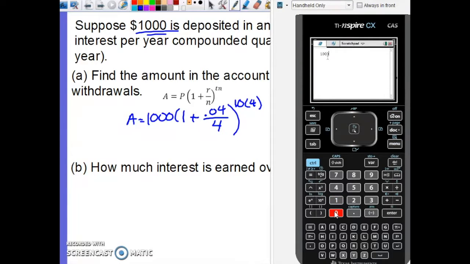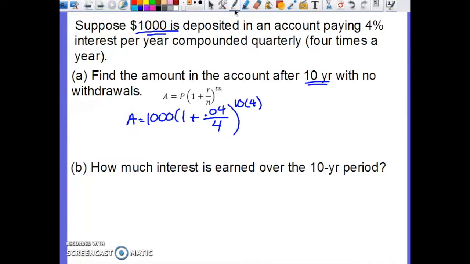1,000 times, and then we have parentheses here. 1,000 times 1 plus 0.04 divided by 4. And then we're raising this up to the 40th power because it's 10 times 4. So we're raising this up to the 40th power. Again, all we did is we took this information here, we're plugging it into the calculator. It might be a little bit hard to see, but it is there. And this gives us a final answer here of